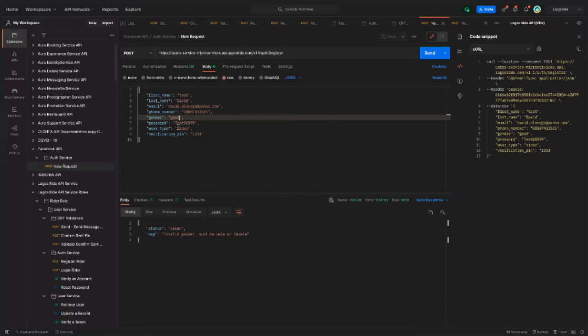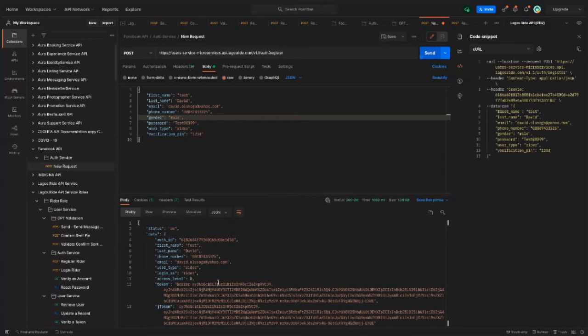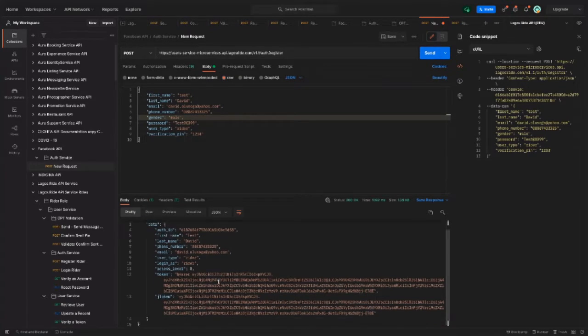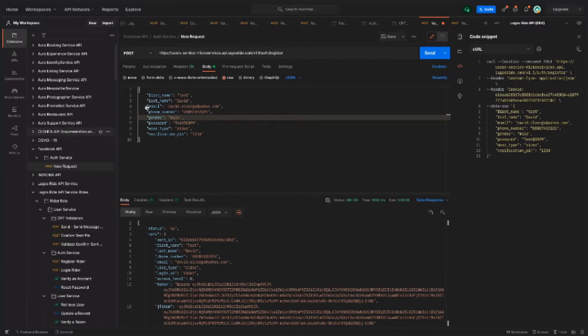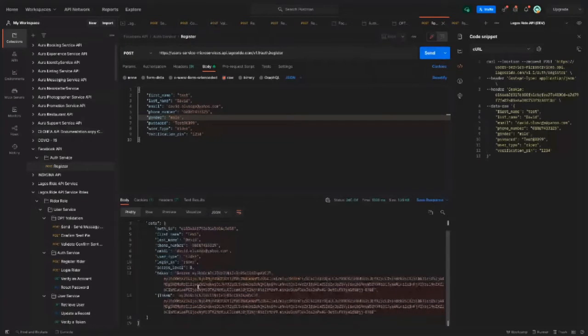Let me pass in the right data for this request to see what I have. Let me send this request again. As you can see, I was able to register. I've posted this request, and sorry, we need to name the request. We are supposed to name the request register. Click save. So I've already been able to register.